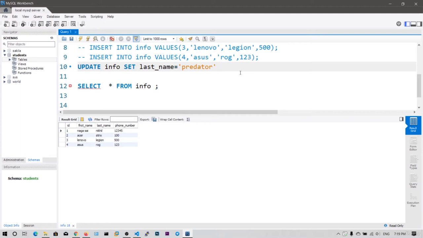Use these update statements very carefully, and also put where, and I want to say ID equals 2 or first name equals Acer. You can choose whatever you want. I want to choose the ID. If I run this,